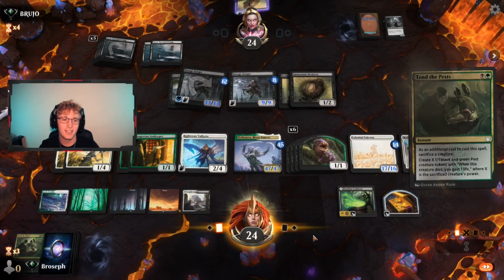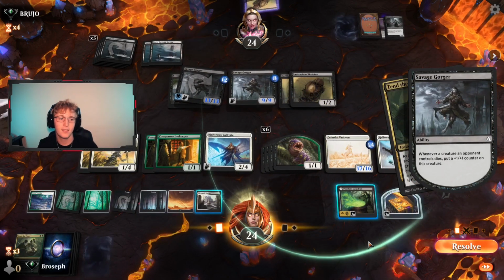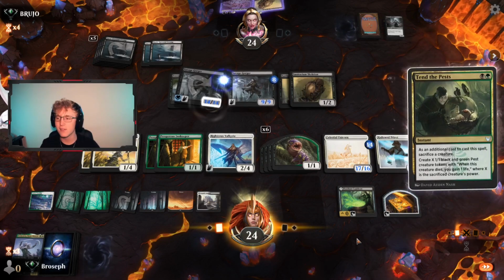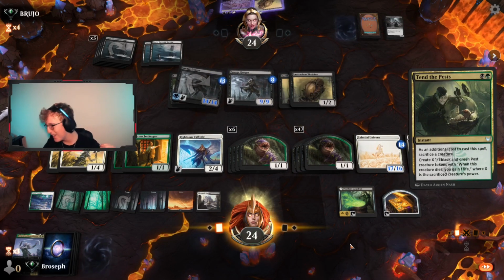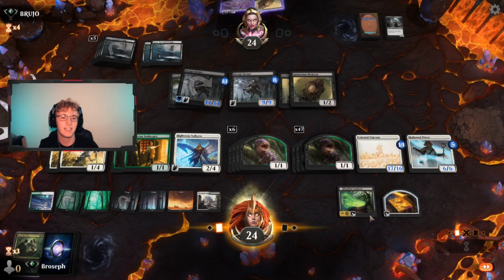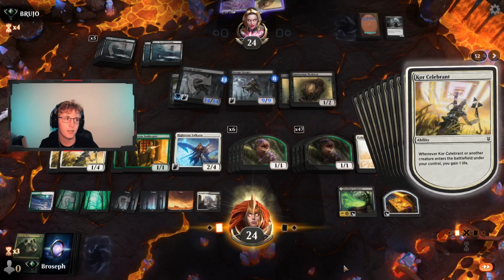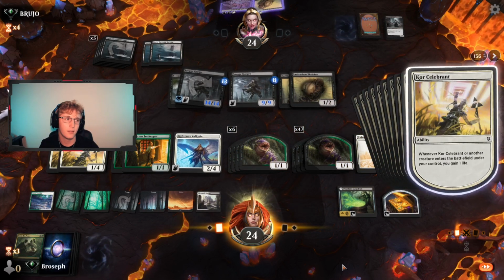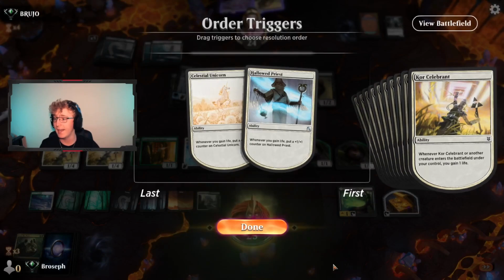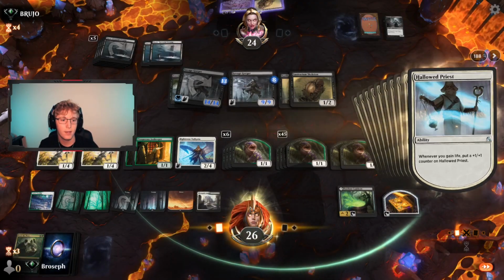So, Tend the Pests, onto our Trelassara. Yeah, you get your counter. Cool, cool, cool. All fun and games. But we have 47 pests coming in. That's freaking right. All of the triggers. Let's see how many triggers it is. Is it right? 146. No, it's 188. Excuse me, I don't know how to do this, so...